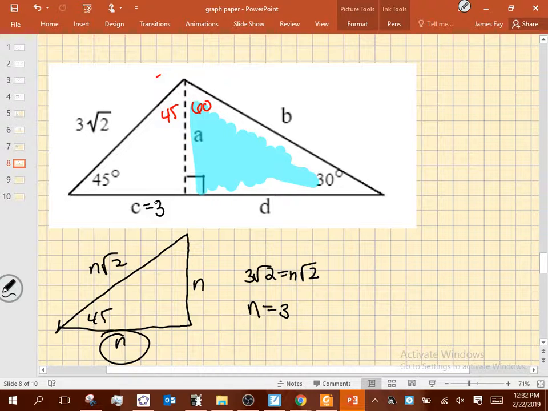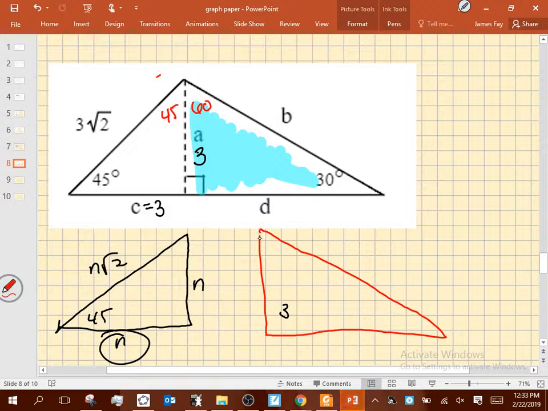Okay, so that's 3. What's A going to be? Why? Okay, so the same. In a 45, 45, 90, they're both legs. They've got to be the same. So does that now get me into the second triangle? Yes, that's the value that kind of bridges the gap between the two triangles. So now I know a value out of a 30, 60, 90 triangle. So if I redraw the template